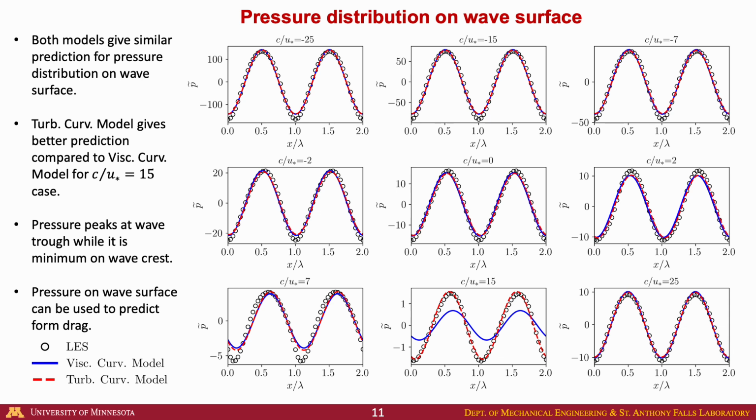In the motivation slide, we discussed that waves induce form drag on the flow. The form drag is induced by the enhanced pressure distribution on the wave surface. The plots in this slide show the pressure distribution on the wave surface from LES and corresponding model predictions. The turbulent curvilinear model predicts the right pressure distribution across all wave age conditions. The difference is strikingly visible for the wave age equal to 15 case. Although for the rest of the cases, the predictions from both the models look similar,